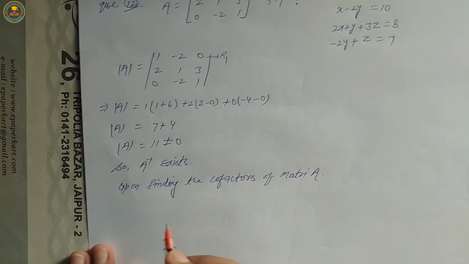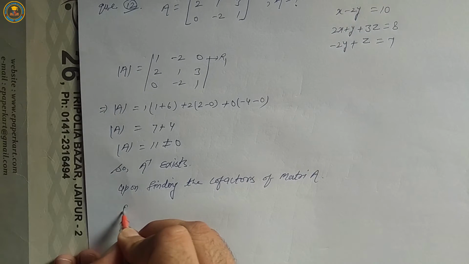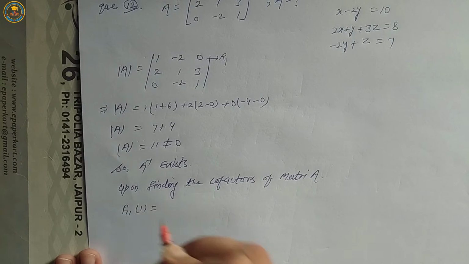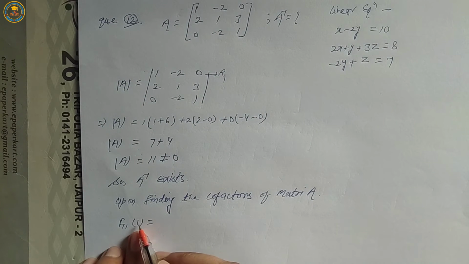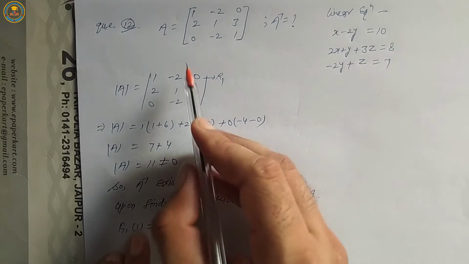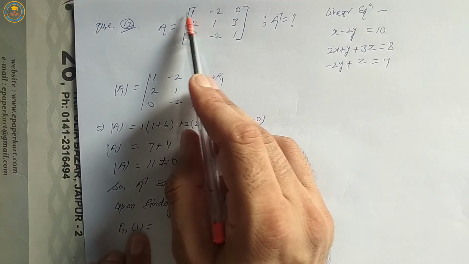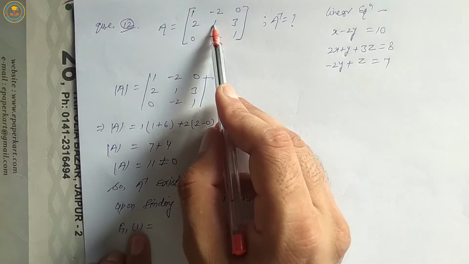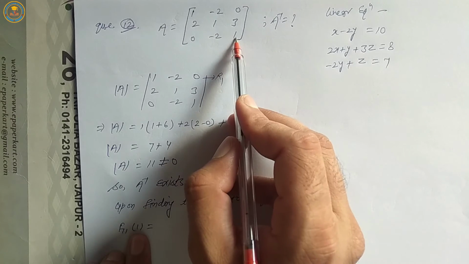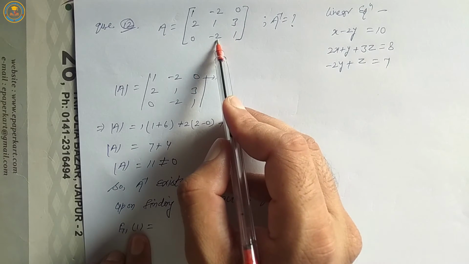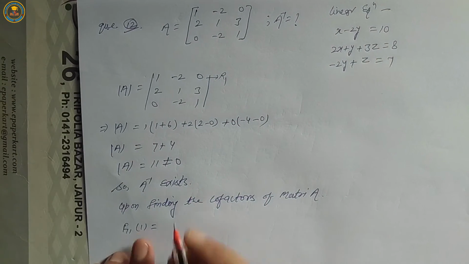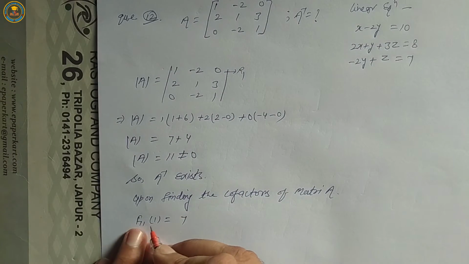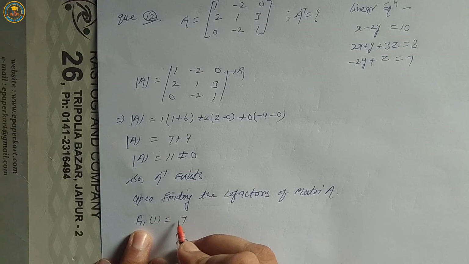Cofactor F11 over 1 is equal to the cofactor of element 1, leaving the corresponding row and column of element 1. It means 1 times 3 minus (-2) times 1, that is 1 into 1, minus 3 times (-2), minus minus 6, it means plus 6. It means 1 plus 6, 7, is equal to 7. 1 plus 1 is an even number, it means positive. Okay,